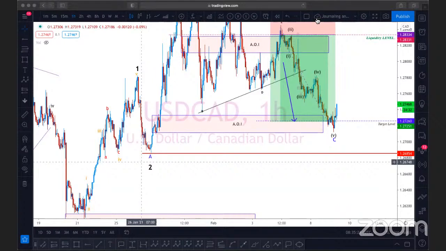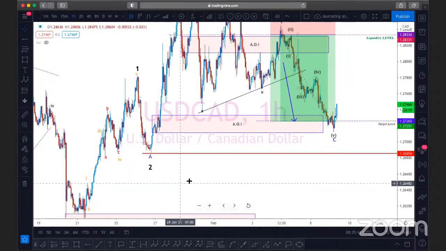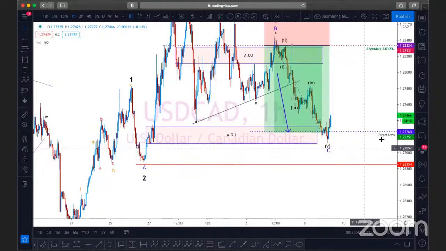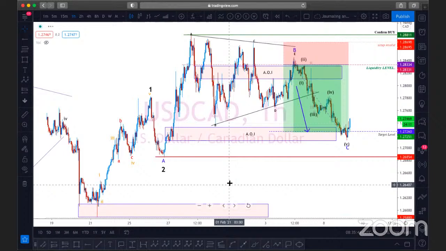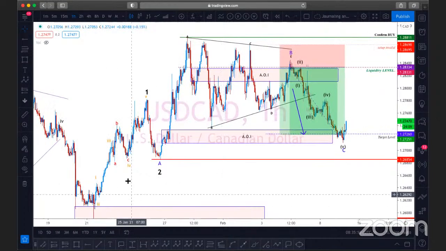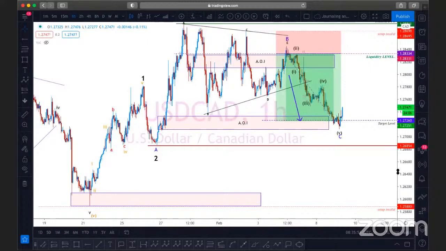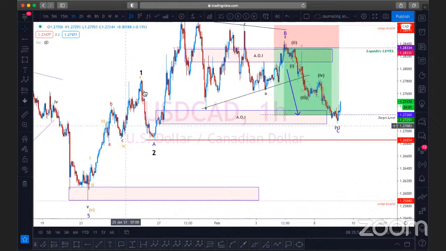Let us start by looking at USD CAD. Based on the current price action, remember that last week I said that we had one wave completed out of the market, where we had a clear impulsive move up. Right now, let's take this over to